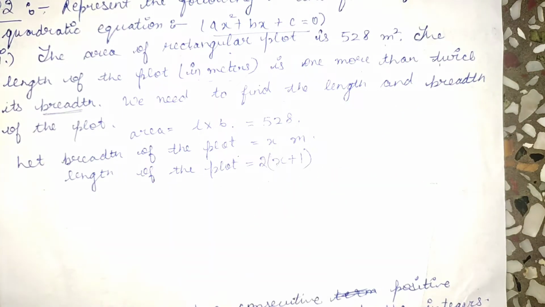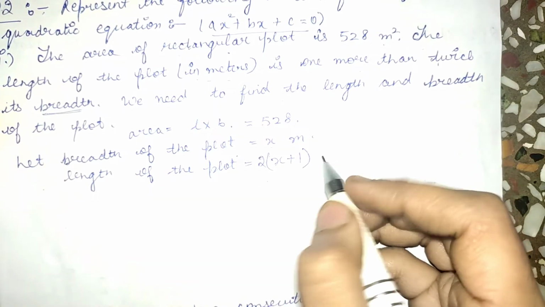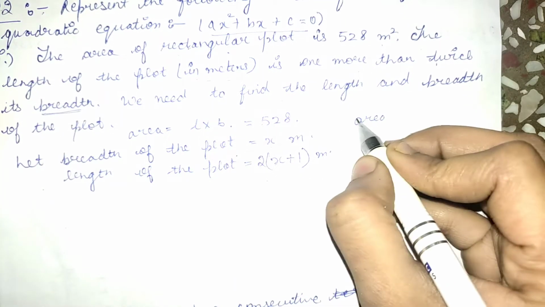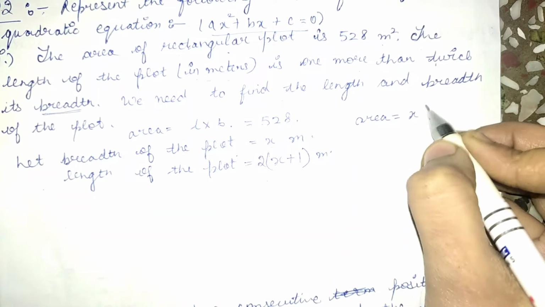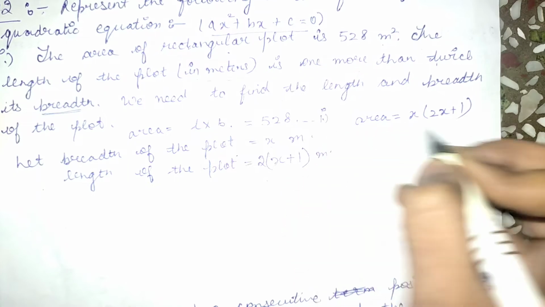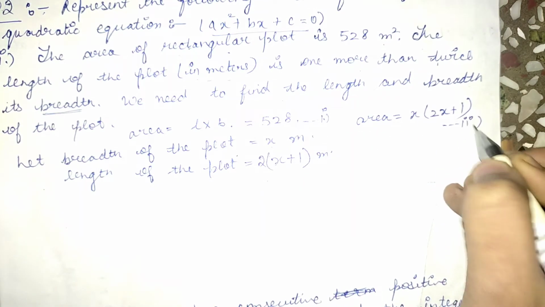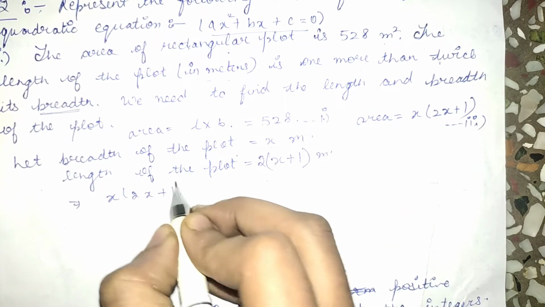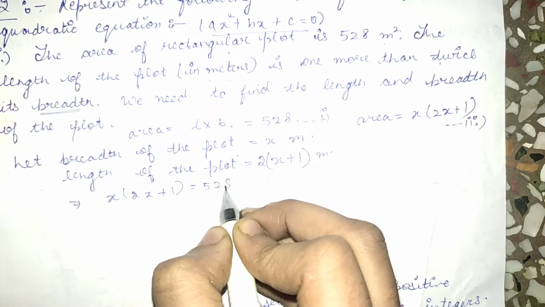So if I do twice of this and add 1, it will become the length of the plot, right? So area will be again the same, length into breadth. So comparing both the equations, this will become x into 2x plus 1 equal to 528,